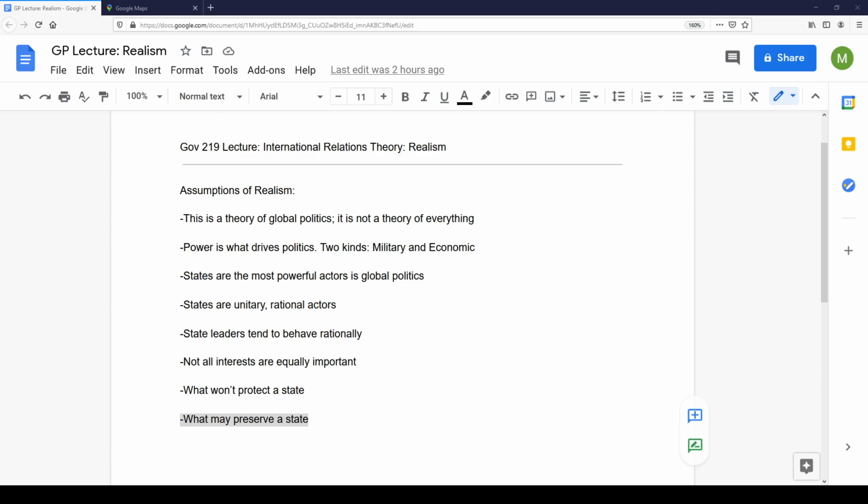Here, realists are somewhat optimistic. I think that they often get painted as real pessimists. I don't think that the theory is as pessimistic as maybe some of the people who actively promote it, or of those who attack it. Realists believe that war is kind of always in the background of what's going on in global politics. The threat of war looms large, but that doesn't necessarily mean that war is always happening, and that there are ways to limit the likelihood of aggression, and at the very least for a state to keep from being conquered by others.